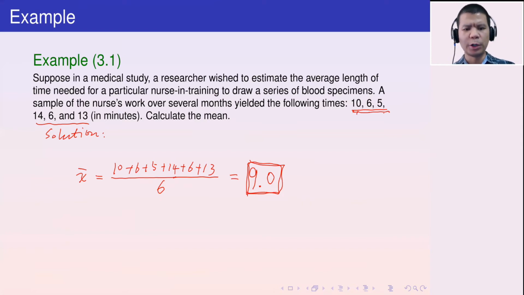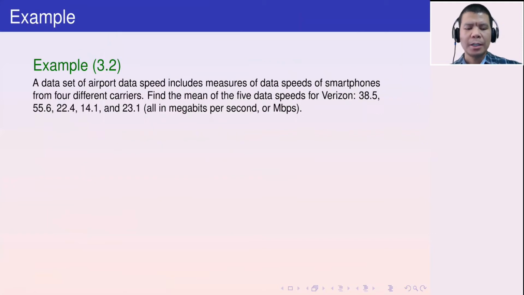Okay, basically it's very simple. Take the summation divided by the number of values. Then you got a mean. Okay. Consider another example. A dataset of airport data speed includes measures of data speeds of smartphones from 4 different